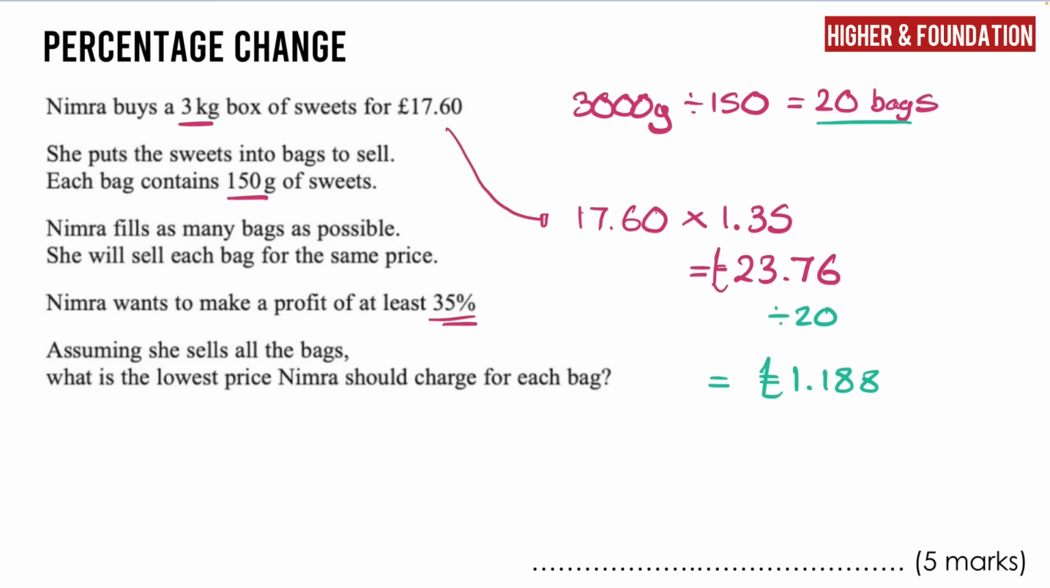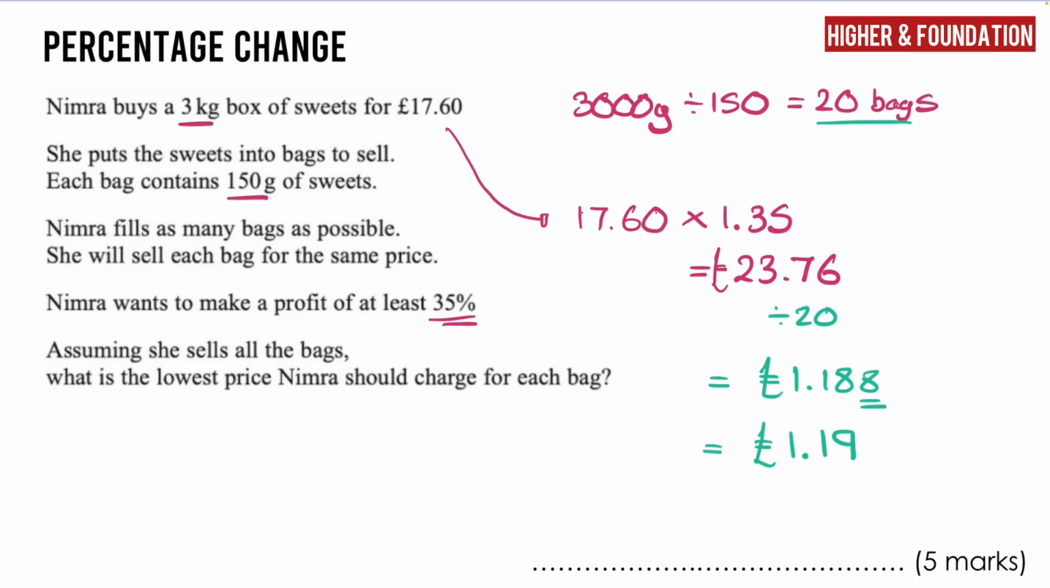Now that means, because the little 8's there, if we only sold these bags for £1.18, and you can work backwards, £1.18 times 20, she would only get £23.60. So she wouldn't have the 35% profit, she'd have close to it, but it'd be just under. So we are going to have to round this up. She's going to have to sell them for